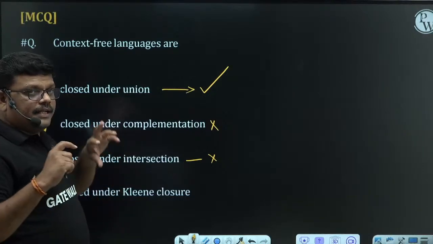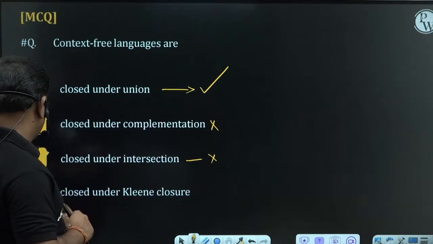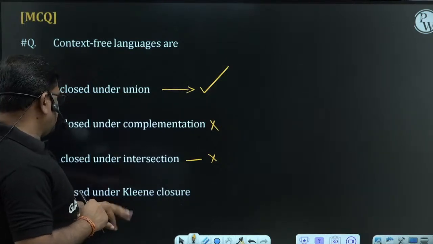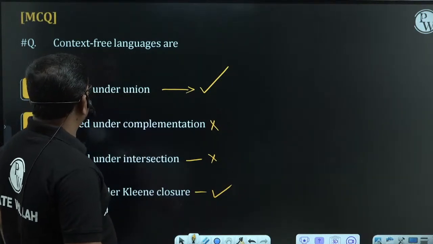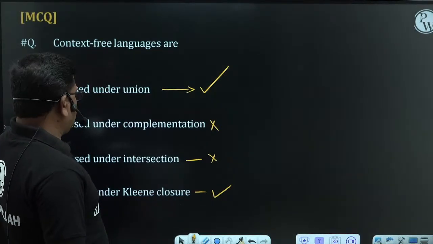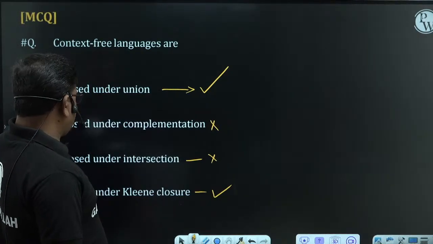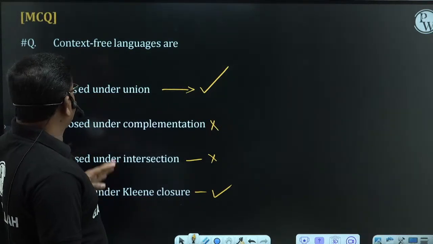But by using the table, how to solve the question, that application I'll show you now. Closed under Kleene closure, so Kleene closure is also closed. Complement and intersection are not closed. Union and Kleene closure are closed.